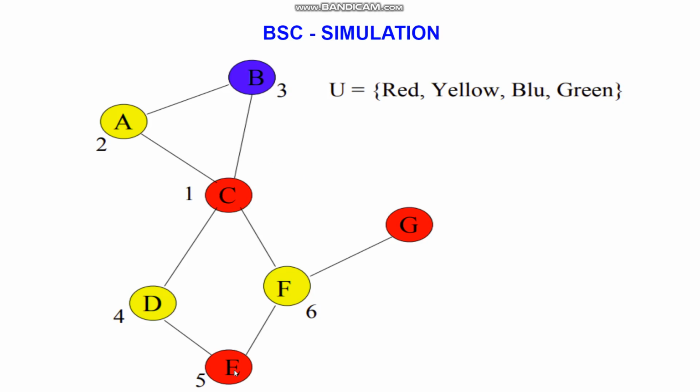Now we will again color E with red, then G with red. Now we move on to A, D and F, which will be colored yellow because red is conflicting. Suppose we color A with red, but then we will backtrack, and in this way these are colored yellow, and B is remaining. So we have to color it with blue because red and yellow are not possible. So we will go in this order and color it with blue. So this is how BSC will work on this.